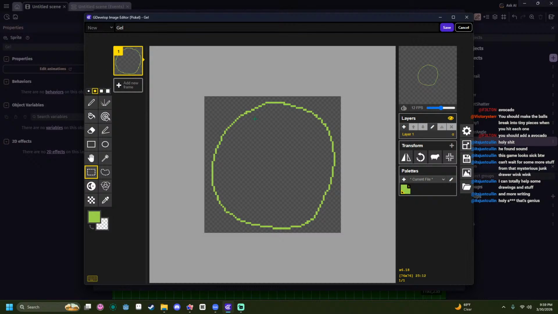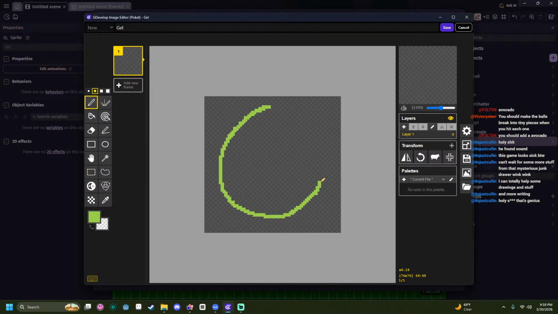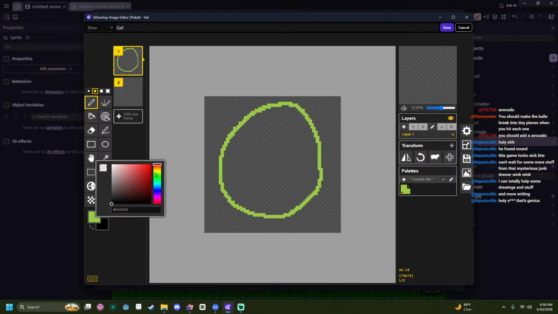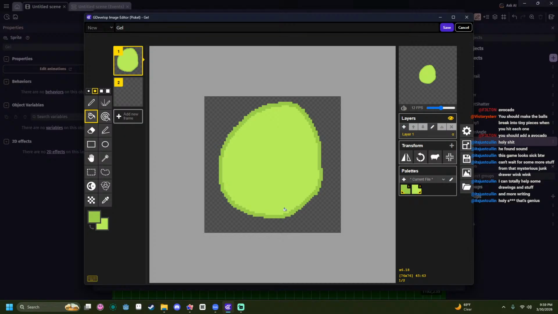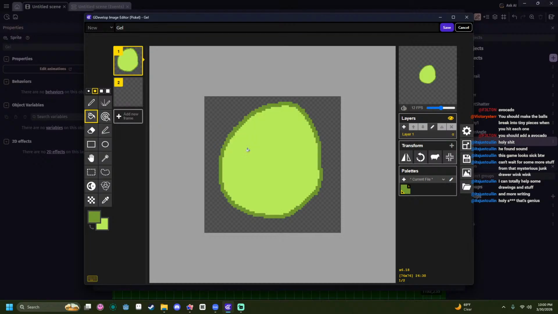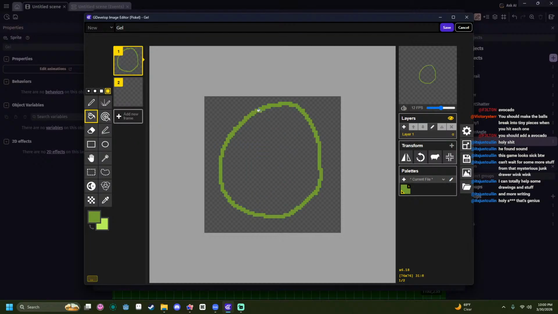Let's actually do it with, make a lake. Thick as it can get.